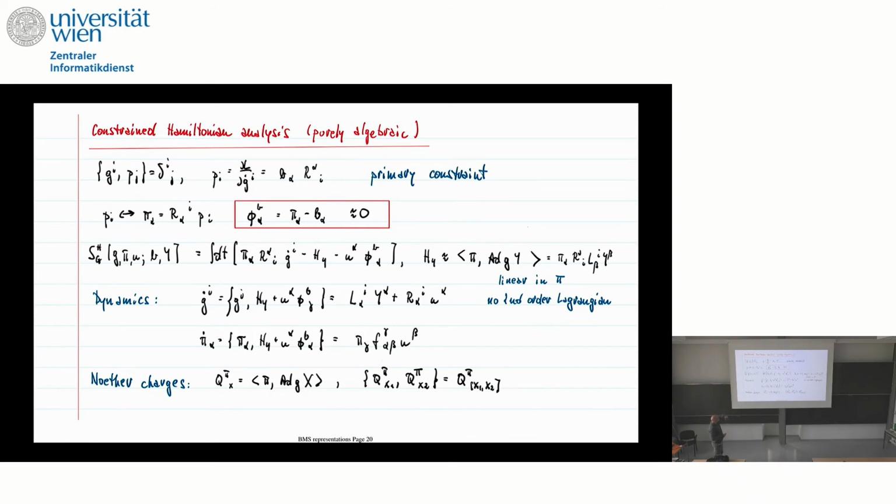And of course, well, I'm very slow. I'm sorry about that. So what you can do if you are a physicist to study the gauge invariance is to do the Dirac analysis of this model. And the Dirac analysis of this model has the good taste of being a purely algebraic problem. Unlike electromagnetism, it's an example where you can do first-class constraints, second-class constraints, and you just have to do linear algebra. You don't have to do differential operators.